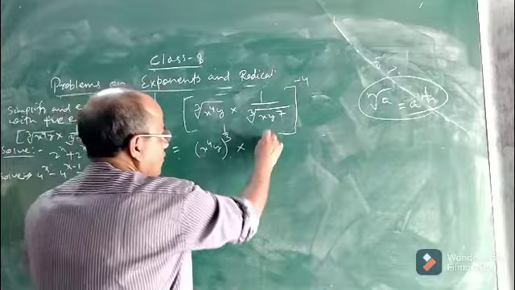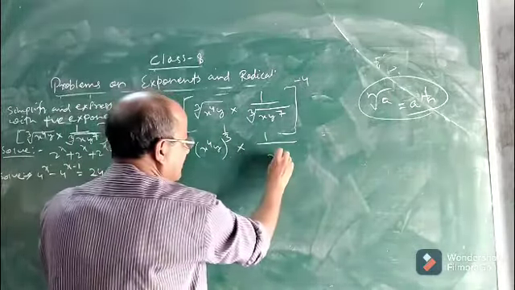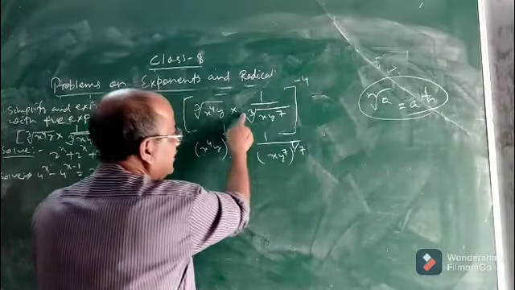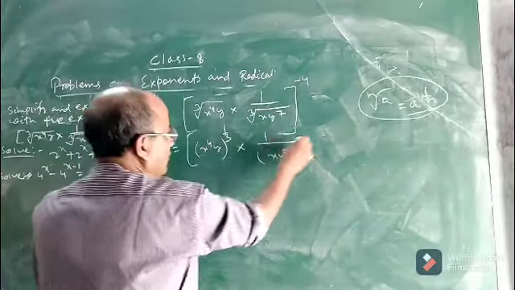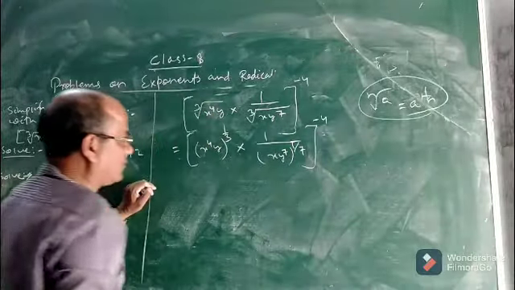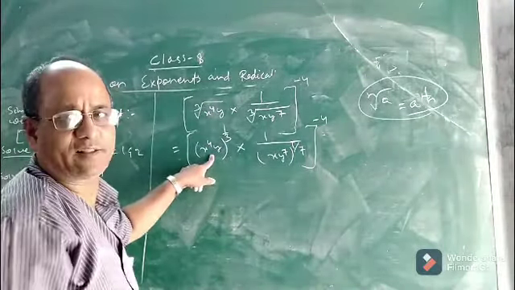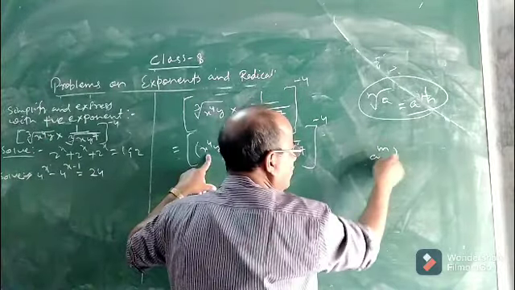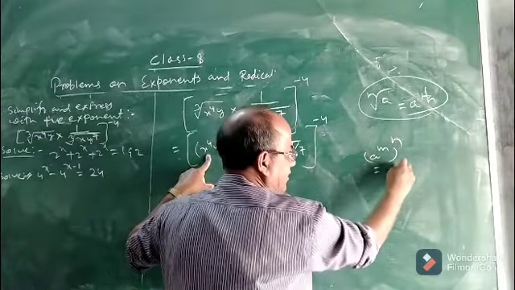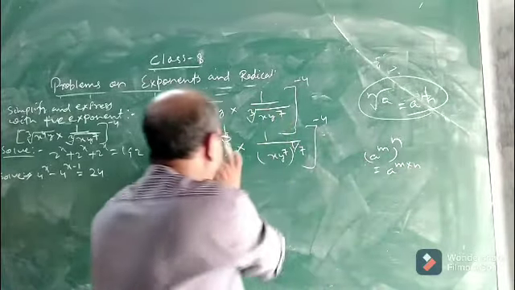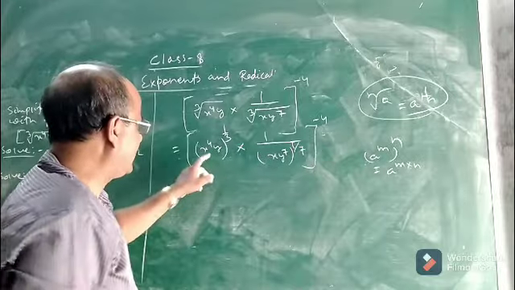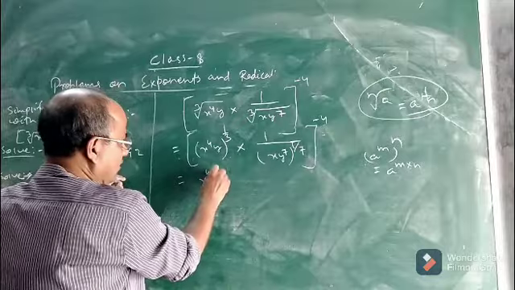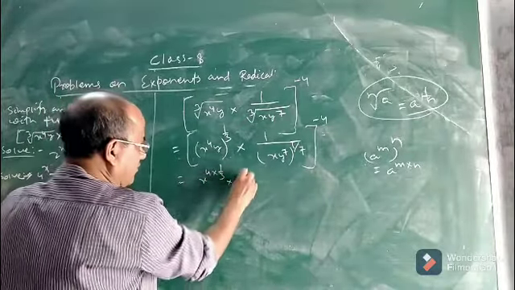Now this one, you see, 1 divided by x y to the power 7, whole to the power 1 by 7, because it is given cube root. Okay. Now this whole to the power minus 4, no problem. Now see, now it is in which form? It is in the form of a to the power m whole to the power n, which is equal to a to the power m into n. Apply this formula here. To omit this bracket, it will be x to the power 4 into 1 by 3 into y to the power 1 by 3.